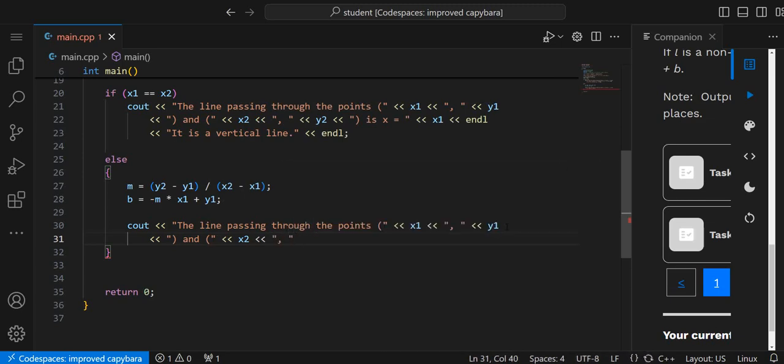Space, and then we'll do y2, and then we'll do our, let's see, y2, this is next, is y equal,